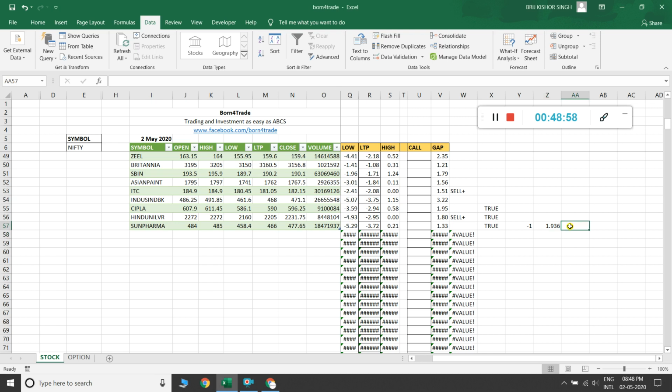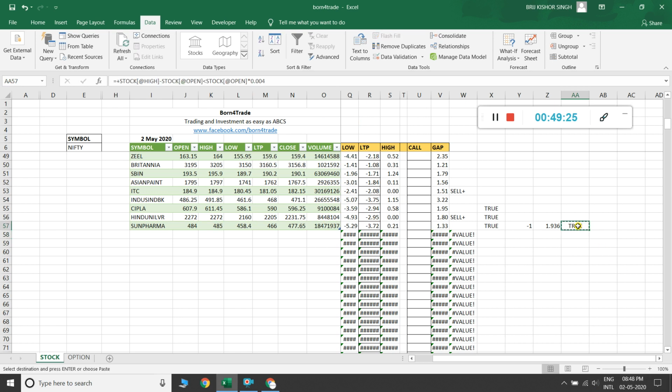Okay, then I'll try again: high minus open is greater than open into 0.004. It fails. Then I change the sign and it is true.